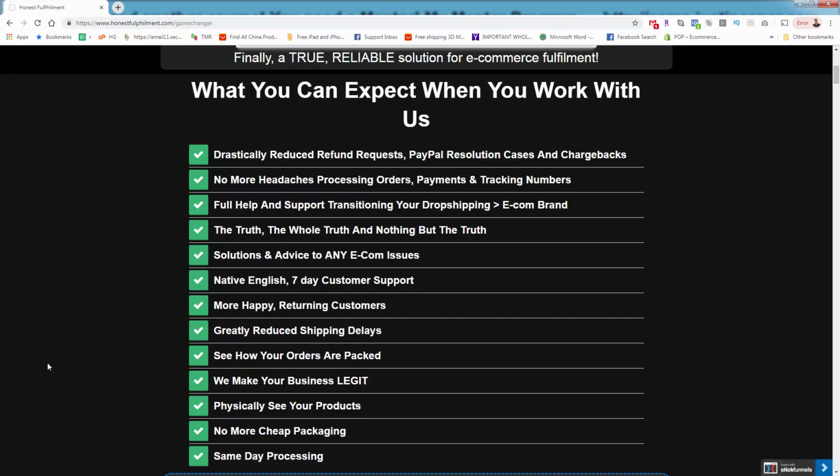And you see in the second point, no more headaches processing orders, basically just making it a lot easier for you by actually having real native English support. You could speak directly to the founder. It's the only British run and managed sourcing, branding, and fulfillment company in China. So English as a native language,